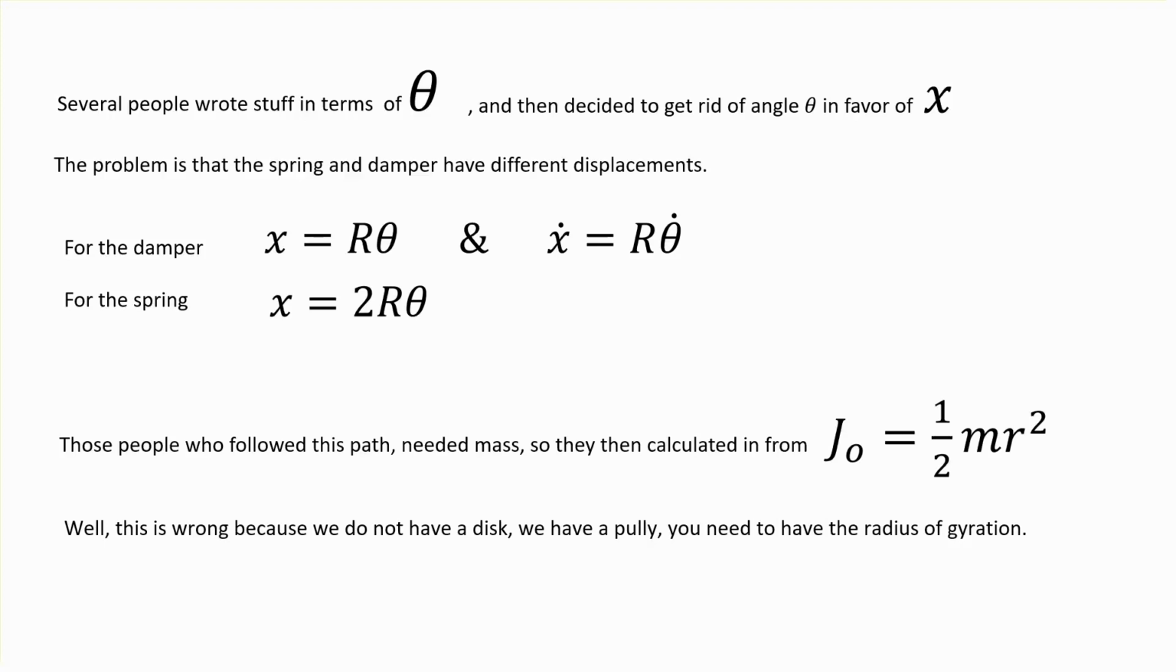The problem is that this formula is for a uniform disk of radius r. We don't have a uniform disk. We have a pulley. So if you're going to find the mass of the pulley, you need to have the radius of gyration of the pulley, which was not given to you. So it was not possible to convert things to x anyway because you don't have the radius of gyration. Everything must have been done in the theta coordinate, just like I did